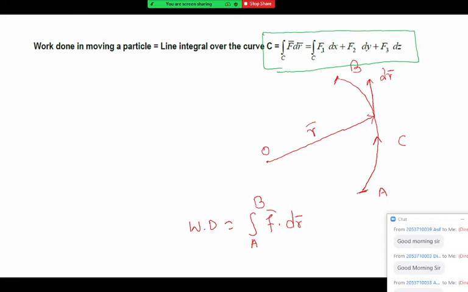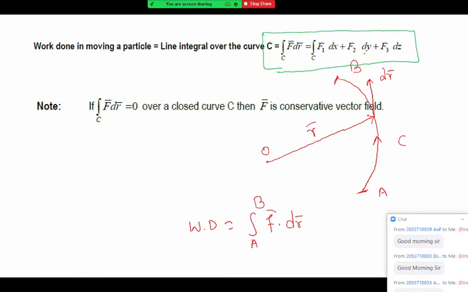How to integrate? We cannot assume y as a constant. So generally, we have to convert all x y z, or that integrand, in terms of a parameter. So we require a parametric equation of some standard curves. We already discussed it. I'm going to ask you a few parametric equations now. Let me see how many of you can give the answer.